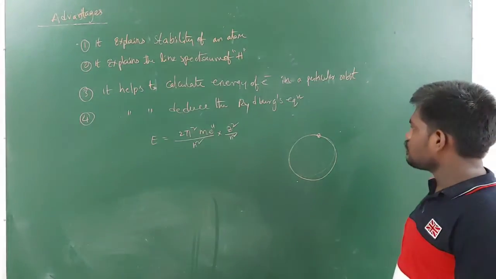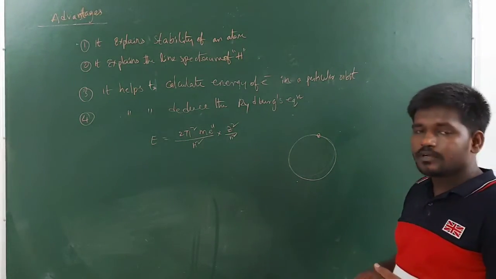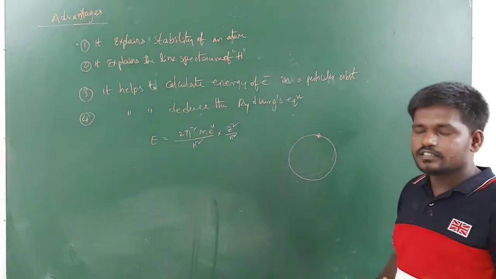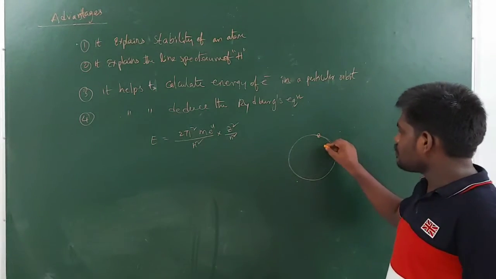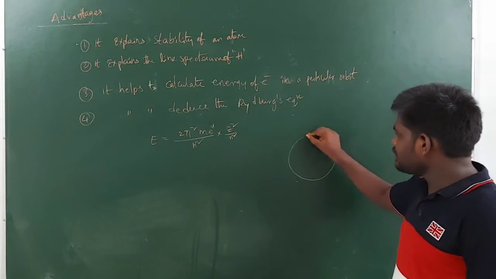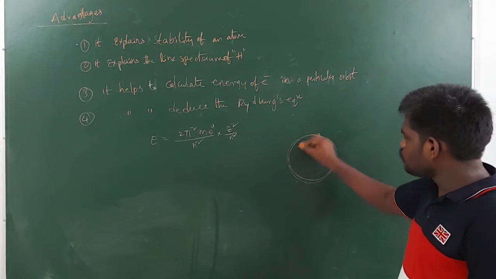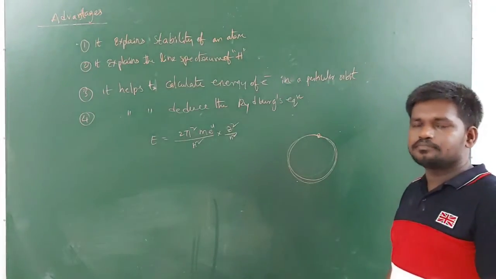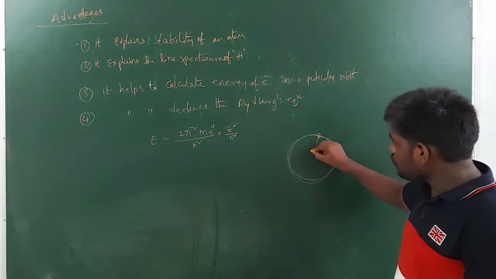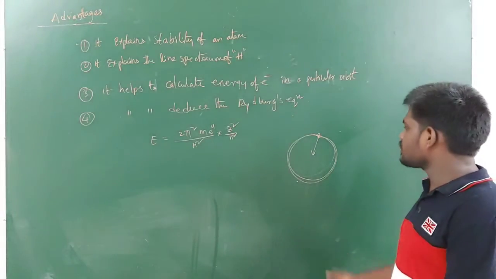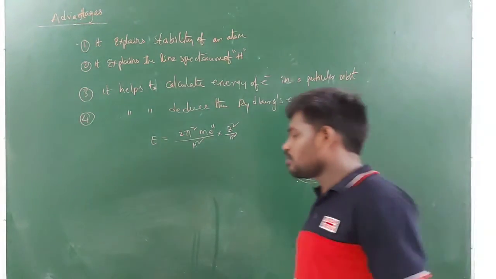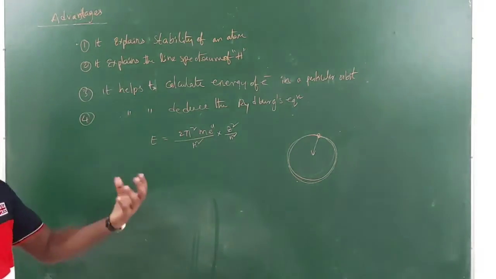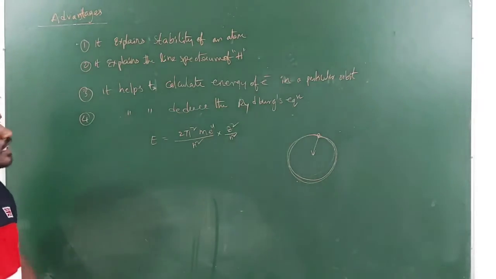Okay. So in Rutherford's atomic model, it could not be explained how an electron revolves without losing energy. For that, Bohr said that an electron revolving in a particular orbit, that is a stationary orbit, neither loses nor gains energy. So there is no chance to fall into the nucleus, and there is no destruction of the atom. As long as the electron revolves in the stationary orbit, there is no chance for the electron to lose energy.